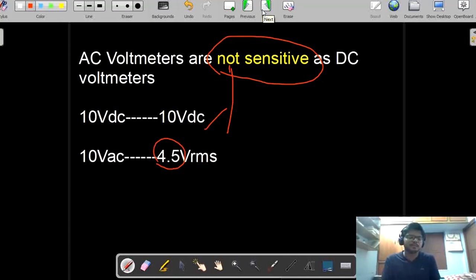In the case of full wave rectifier, we use the rectifier circuit called bridge rectifier. Okay, but at half wave rectifier we have done nothing. For the DC voltmeter we have connected just a simple diode, so it has become the AC voltmeter.